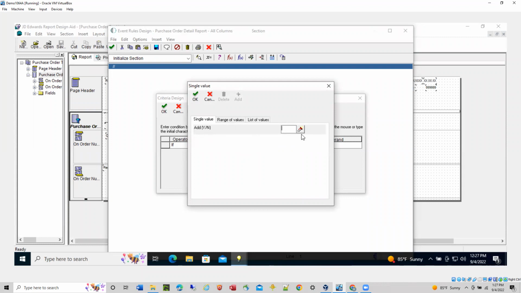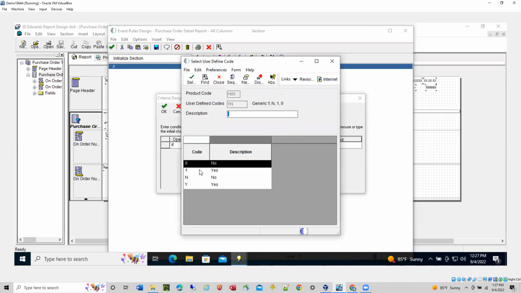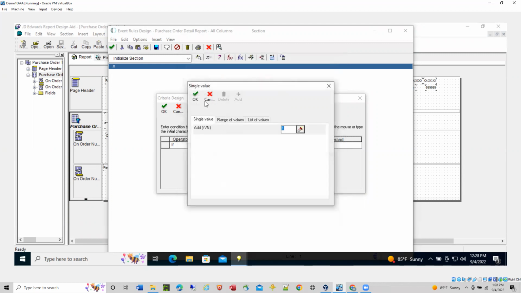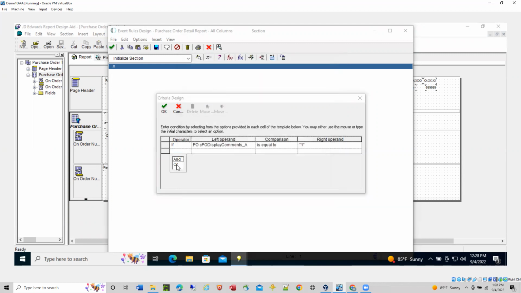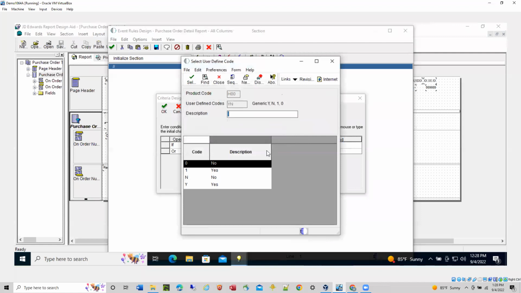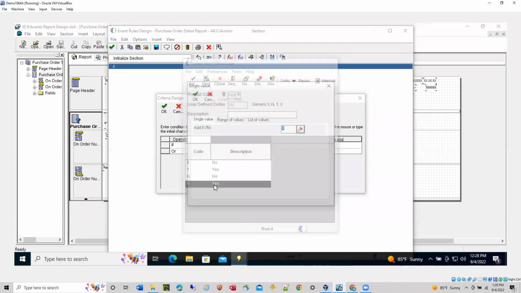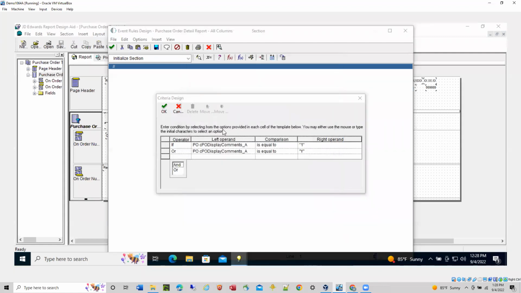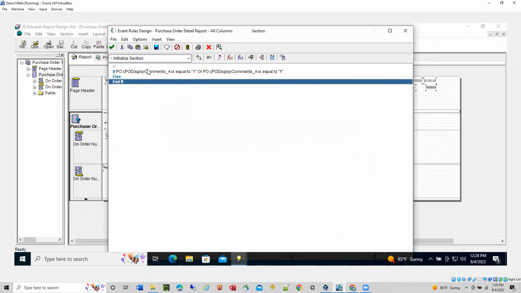Now I can do this one of many ways. I can say if it's equal to the two different values, 1 or PO display comments is equal to a Y, then